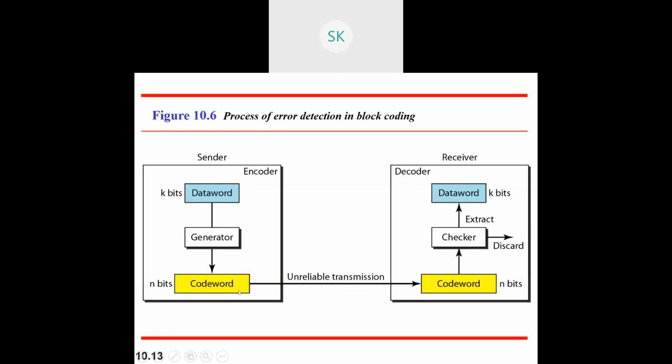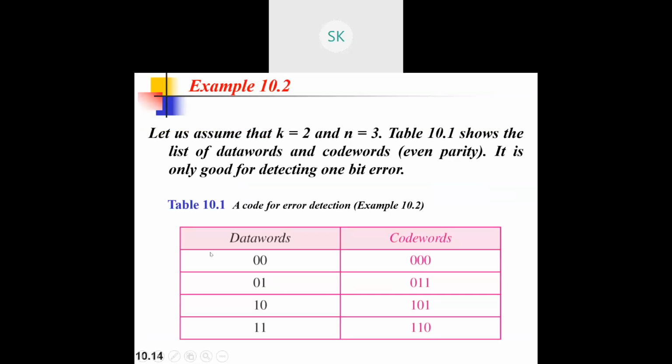So this is what it is: a k-bit dataword and an n-bit code word. Instead of message plus generator, they are using this particular code word. The same block diagram, there is no change in it. In the checker, extract the data bits and transmit them to the receiver. Whichever extra bits are there, discard them. If the entire code word is changed, then discard the entire code word itself. That's what is done with respect to the block diagram.